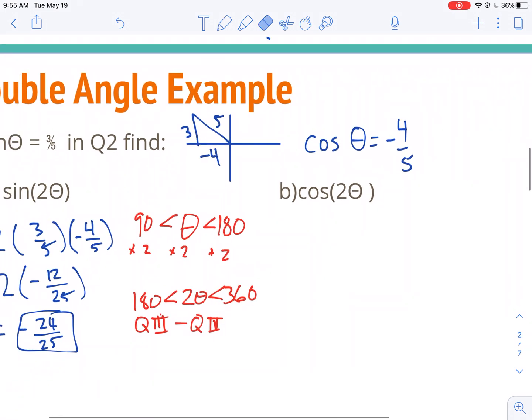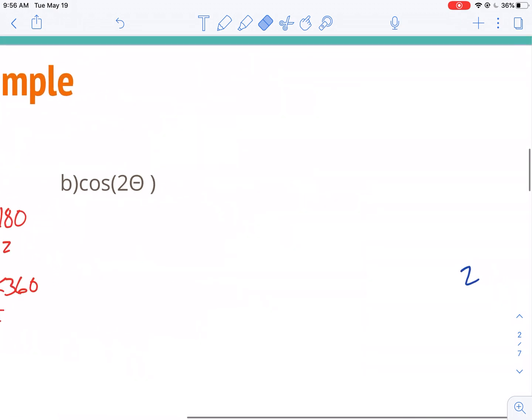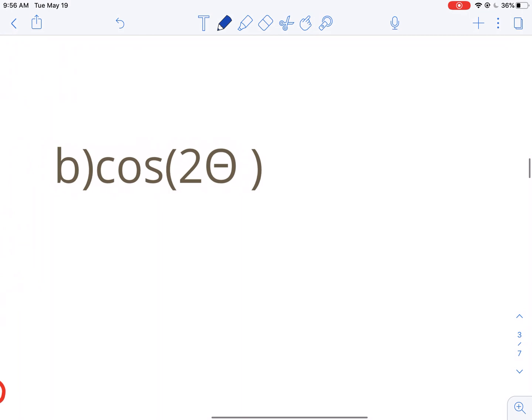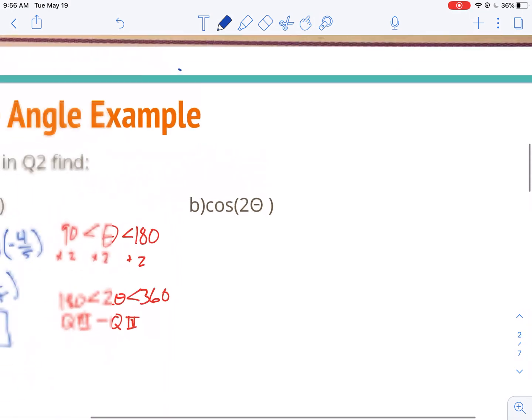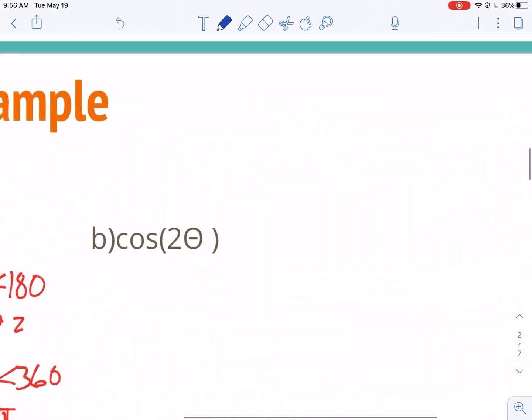Now, here's an example of why it might be good to use the different formulas. Let's say that I didn't go through and solve that. Let's say that sine 2 theta wasn't even the first question. All I wanted you to know was what the cosine of 2 theta was. Well, in this case, it's going to make the most sense to just go up to the second formula that we have here of 1 minus 2 times sine squared theta. And I could type in that this is 1 minus 2 times 3/5